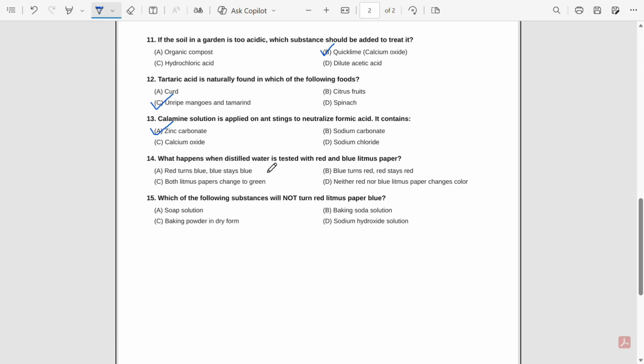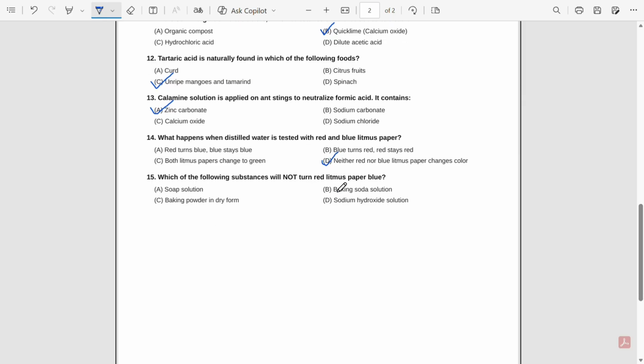This is a neutral solution. Neutral solution means it neither turns red nor blue litmus paper into any other colors. So it does not react with any of the colors. The answer is D. So go for the 15th question. Which of the following substances will not turn